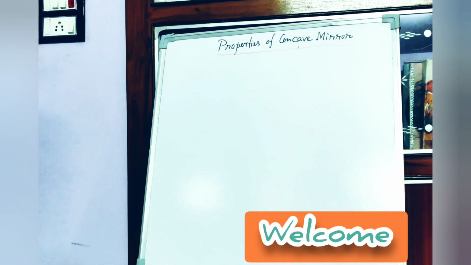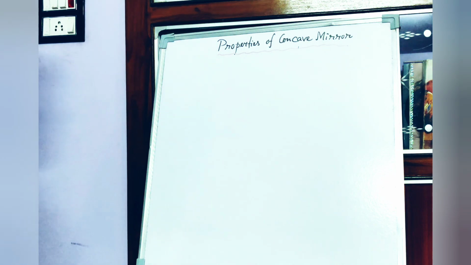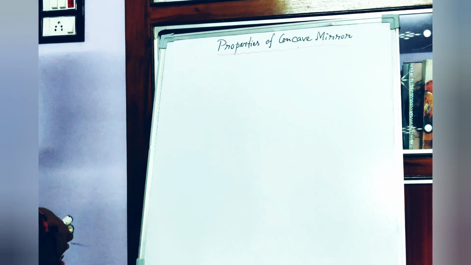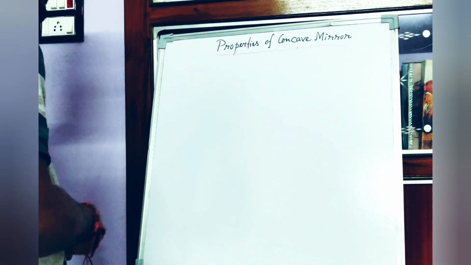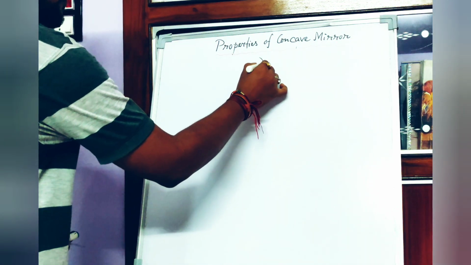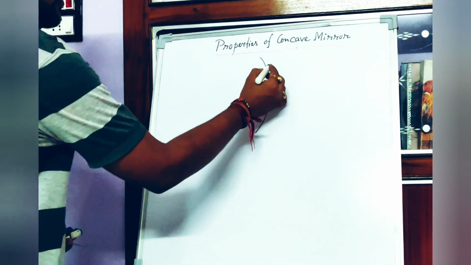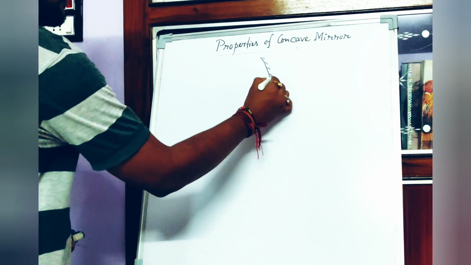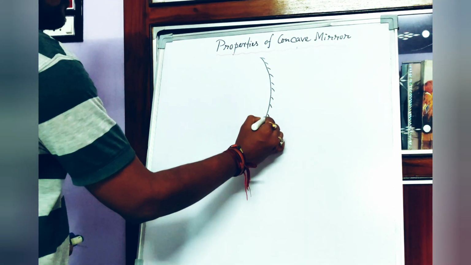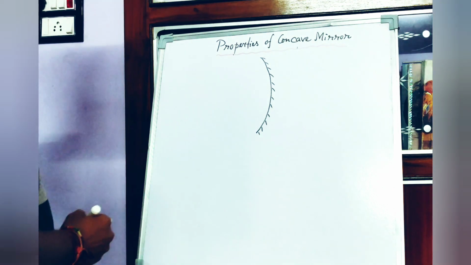Today's topic is the properties of a concave mirror. A concave mirror is a spherical mirror. I have already explained it in the previous video. So this is a concave mirror. For example, the outer surface has a reflecting coating and the reflection takes place on the inner side,